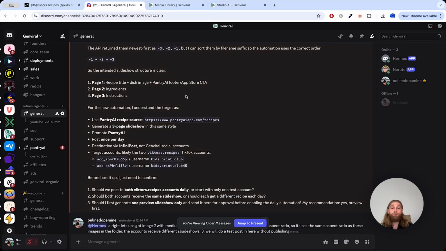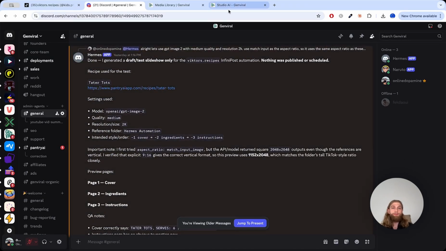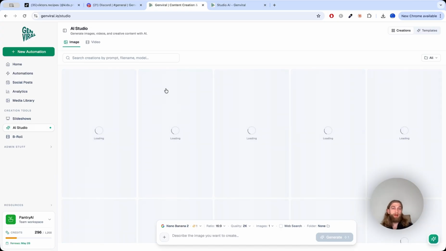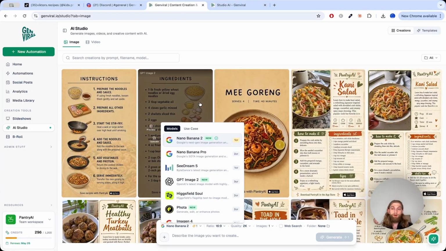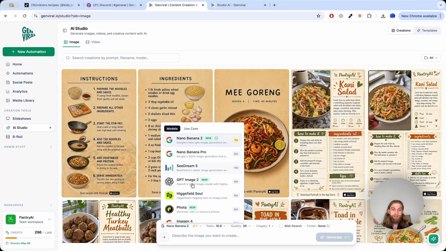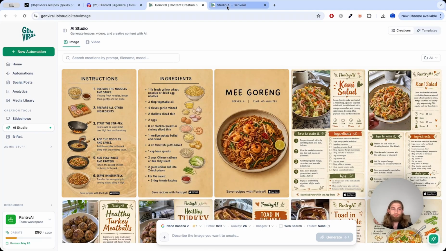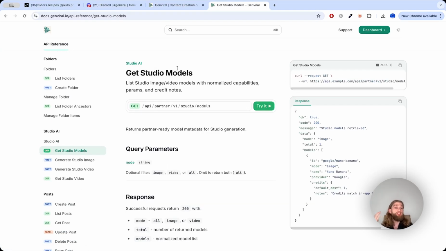So again, in the Studio AI endpoints case, what we want to also specify, and Studio AI is basically an API version of our AI Studio, where you can pick various video and image models. And so effectively, this is the same here, which means you can specify, okay, I want to use GPT image 2, I want to use Nano Banana 2, I want to use this and that aspect ratio,